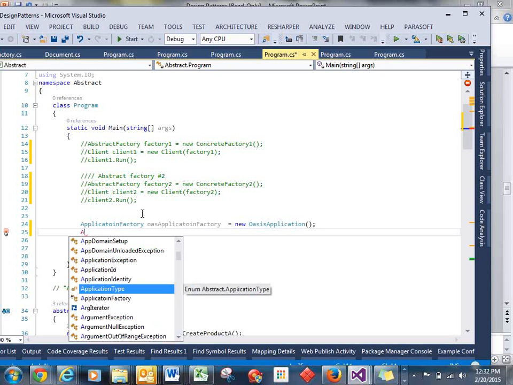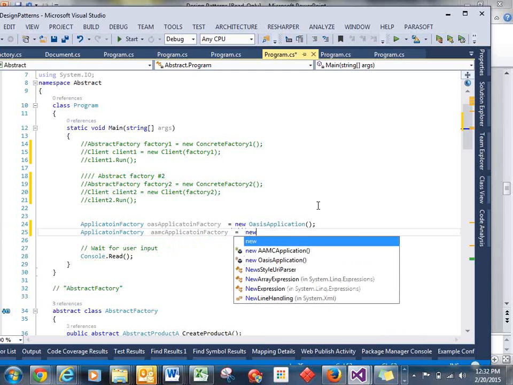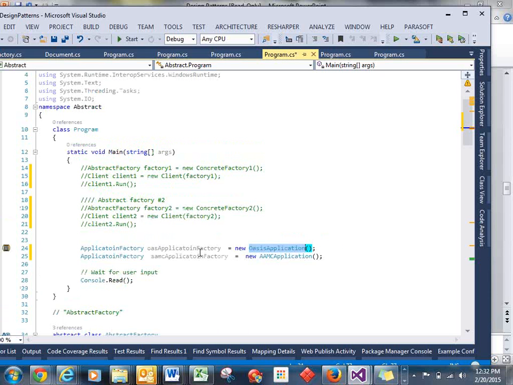Say, if suppose my application factory is going to be AAMC. Actually, it is going to hold a family of related things. Say, for example, if I'm going to use this,